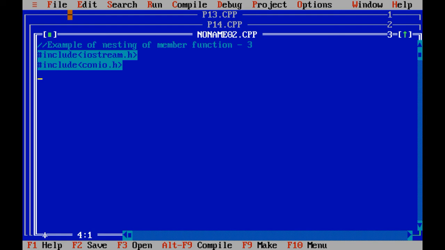Number 1, input method, then calculate method, and then output method. So based on that, our concept is what? You need to use the concept of nesting of member functions. There are no specific rules to call a function within another function. You just need to maintain the sequence of calling of member functions.